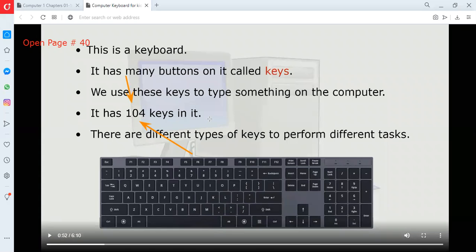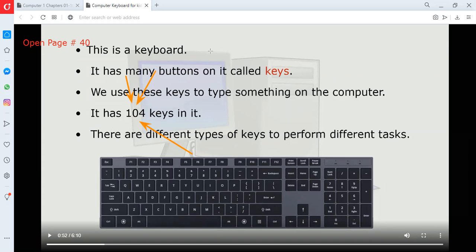So now if I say there are 20 keys on keyboard, is it true or false? It's false. There are many keys, and those many keys are 104.